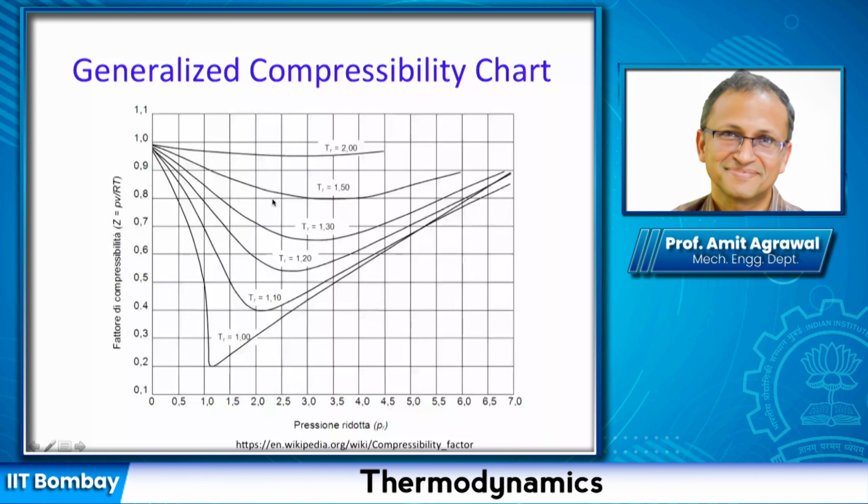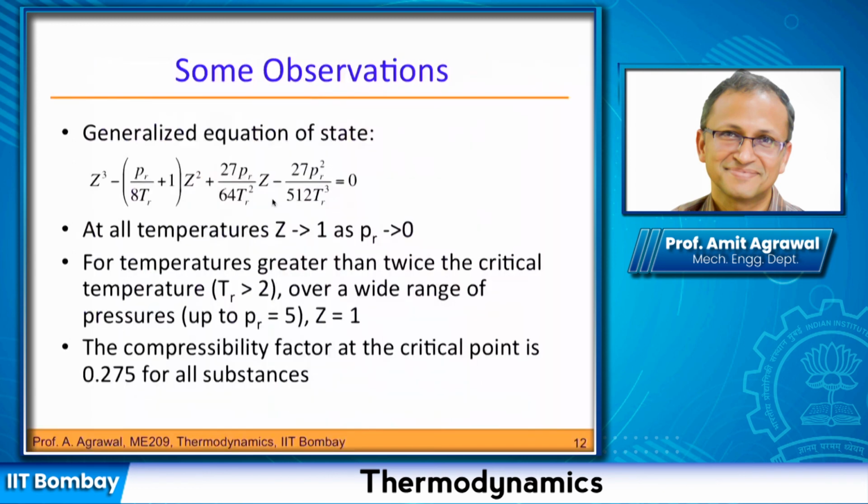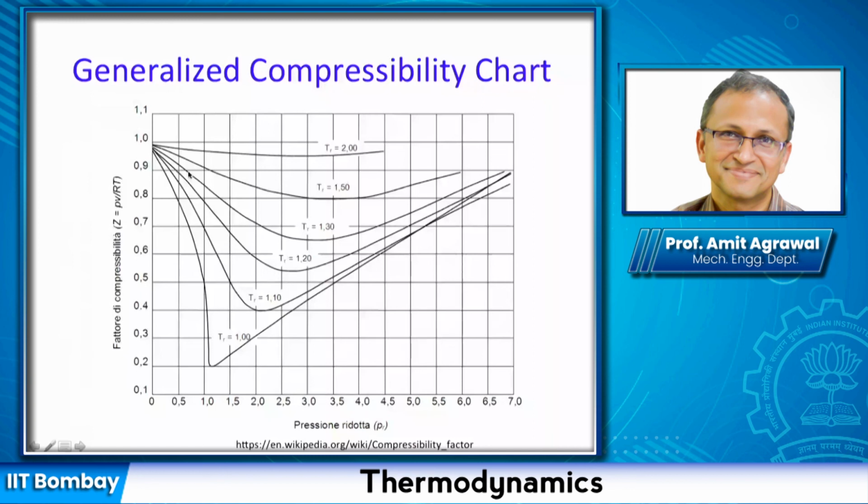Okay, so it is very interesting that you now have one master equation that you can write. So this is now my master equation. For different values of PR and TR, you can get the value of Z. And of course, from here, you can get to the questions that we had asked earlier. When can we use the ideal gas law? And we said for the ideal gas law, you need Z to be as close to unity. And you see that Z becomes close to unity here, which is at reduced pressure, very low pressures.